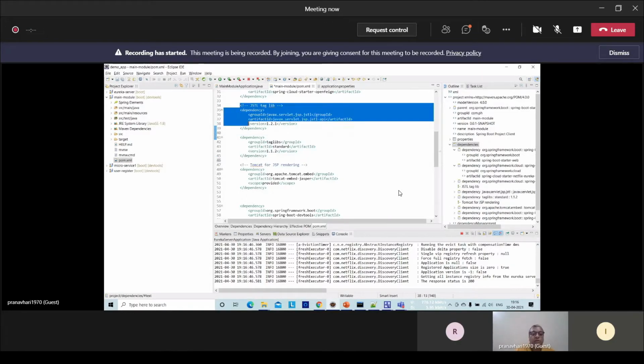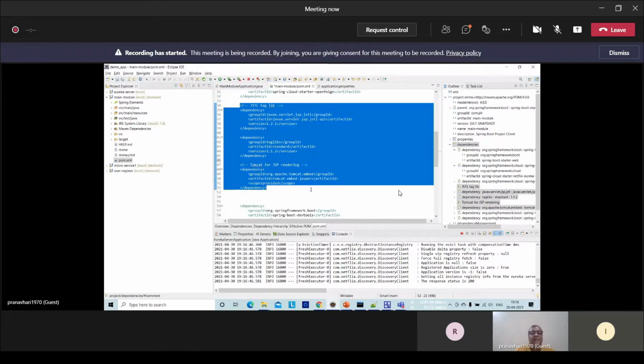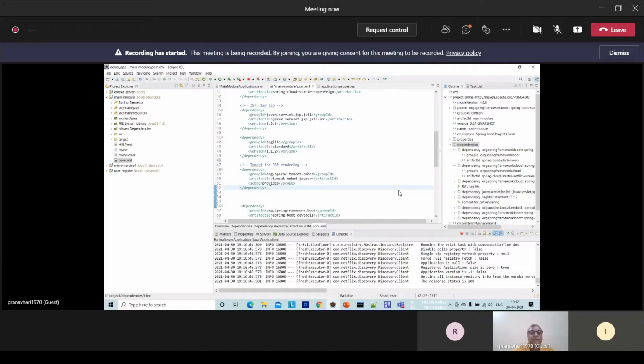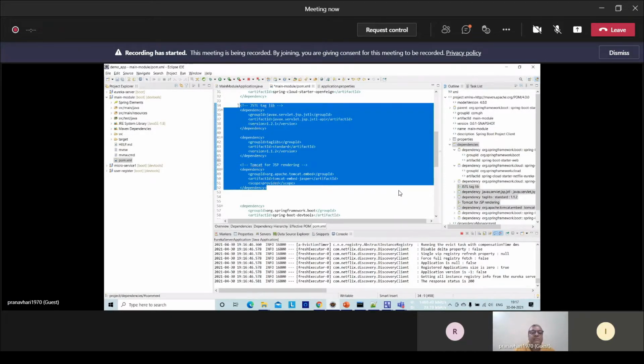So these dependencies that I have highlighted, you just have to copy and paste, add into the POM file, save the POM file, then automatically it will be the task of Maven to add all these dependencies, get them from